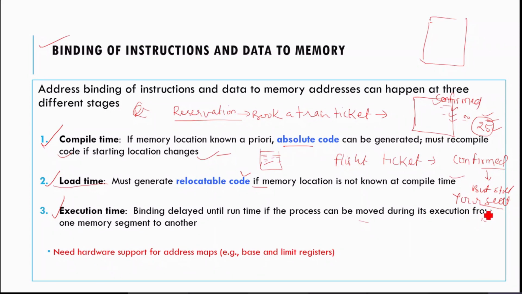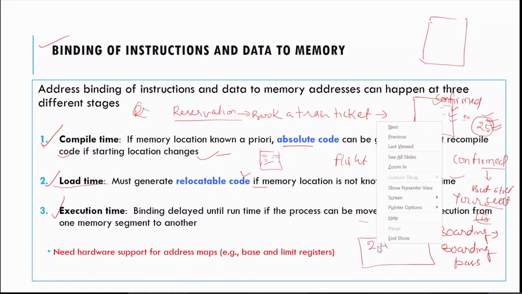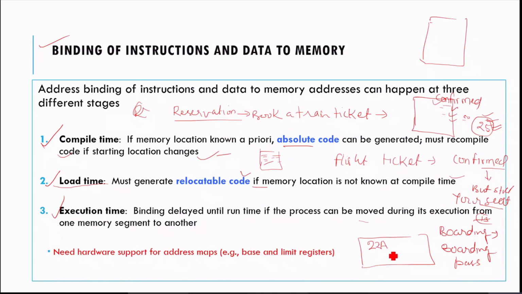So what will happen after that? Here in the train, seat 25 is fixed, but here it won't be. You will get the confirmed seat number allocation only when you are boarding the flight and you get a boarding pass. In that boarding pass your seat will be written, like 22A, 27A, like this you will get the seat.